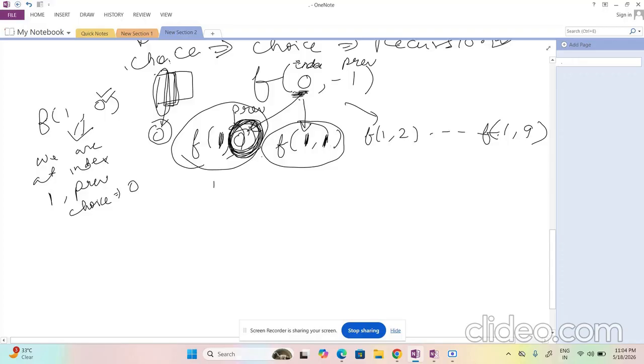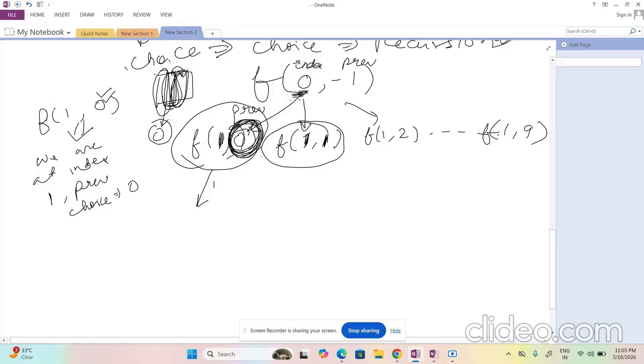That means at the zeroth index we made the choice of 1 and we are now at index 1. So here we are, now at index 1. We can go from 1 to 2, because when I'm at index 1 I will only go to 2, right? I will check for 2. From here I can make a transition to 2.